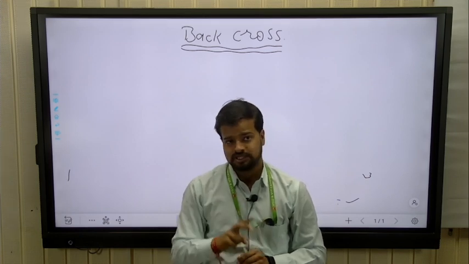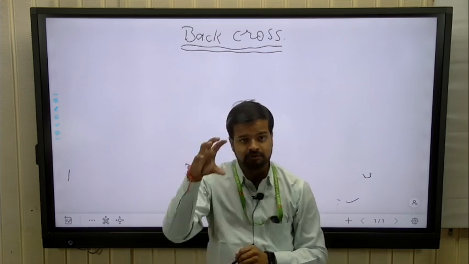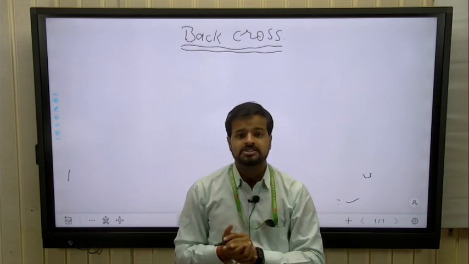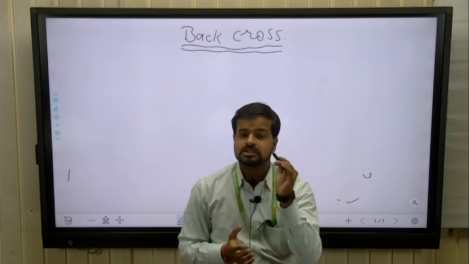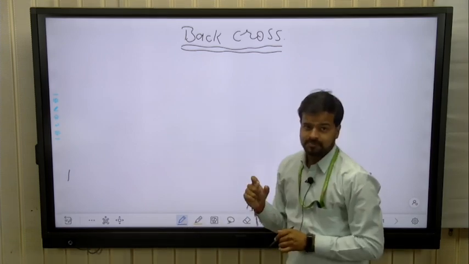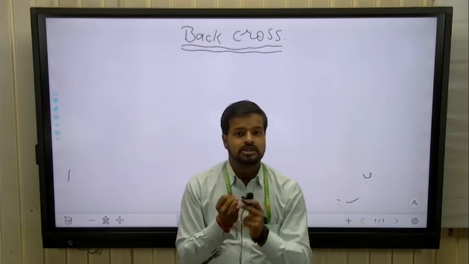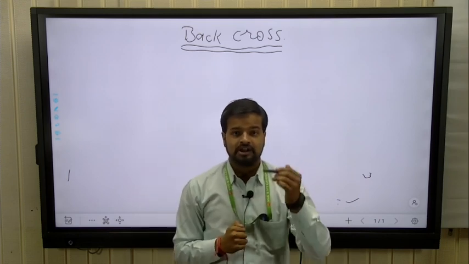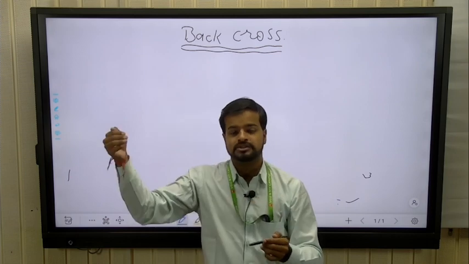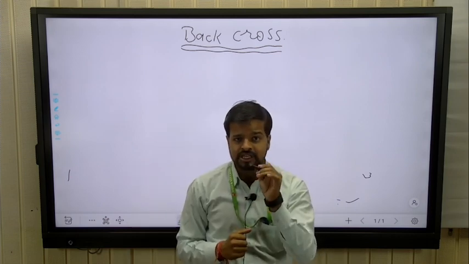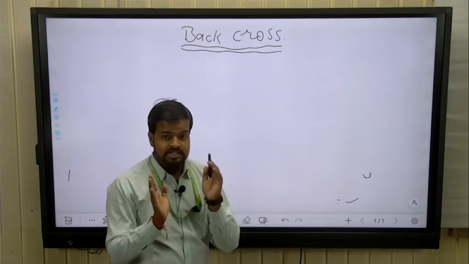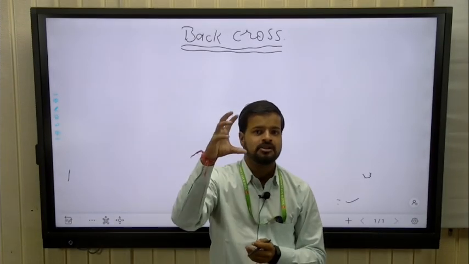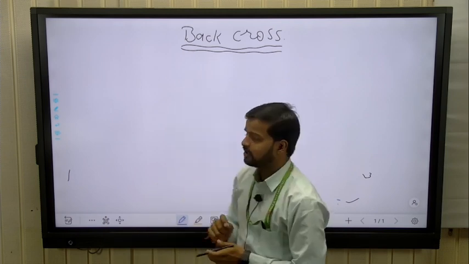That means there are two different parents, because one works as dominant and another works as recessive. That means in this type of cross, back cross, here one is F1 generation with the dominant parent, and another is F1 generation with the recessive parent. And very important point, because this cross helps us to know the genotypic ratio of the parents. Important point.